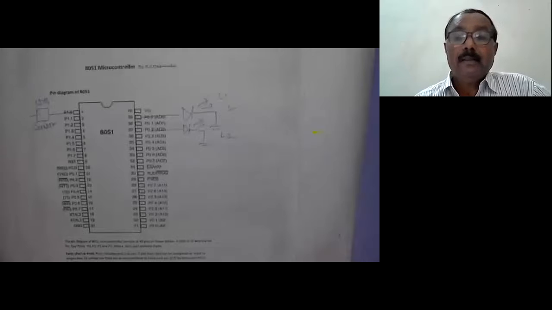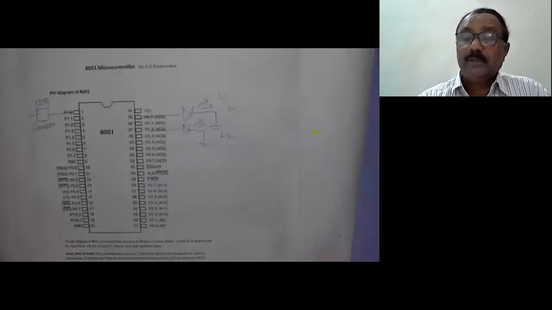So instead of the polling method, in the case of microcontroller, the interrupt method is used. In the interrupt method, the microcontroller does not need to look always towards the input. In the case of 8051, there are totally 5 interrupts.